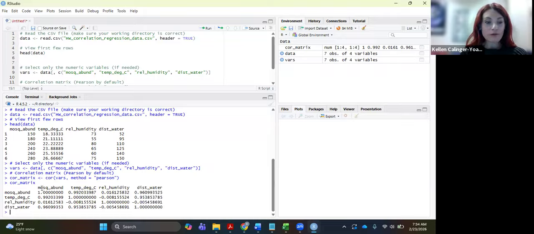So for example, if I want to know the correlation between mosquito abundance and each of my different variables, all I have to do is pair them up. Naturally, the correlation between mosquito abundance and itself is going to be exactly 1, because you're just plotting data against itself. So of course, that's a perfect correlation, but that's also meaningless. What we're interested in is saying, okay, how is mosquito abundance correlated to temperature in degrees Celsius, relative humidity, and